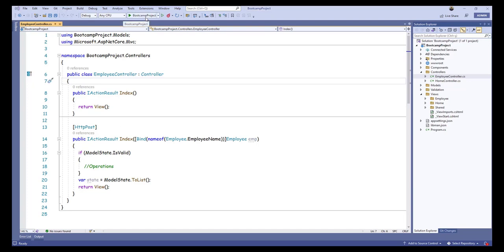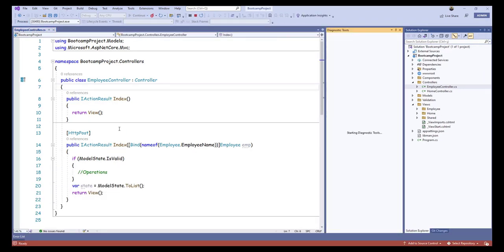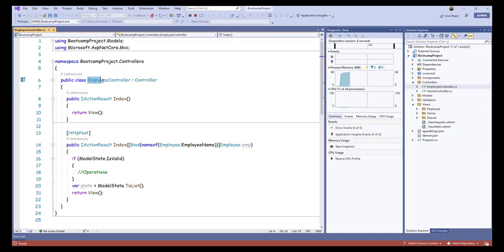In the meantime, I would like to give you an example of this. Let's run our project. A separate request is made for each controller to the internet browser. The name of the controller is in the address bar. If we are going to talk about this controller, it will be Employee. And we can say that this Employee controller comes from a class located inside the Controllers folder. So friends,